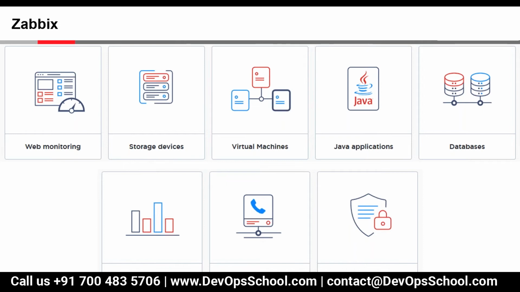For a few storages, we monitor through SNMP, like Dell or NetApp storage. For a few of them, we need to add a particular script. For a few of the storages, we monitor through APIs. So there are multiple methods through which we can monitor.